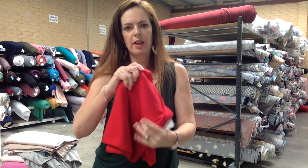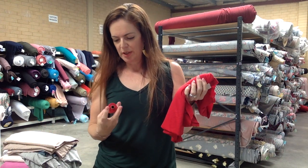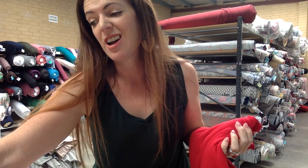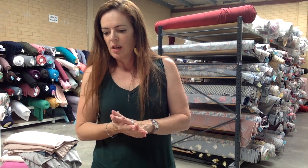Okay, red. We went all out on the name for this one, and we just called it red. Gets a bit much trying to find names for them all sometimes. Trying to find something different. 2054. So this time we have stuck with the supplier's names as much as we can, which we haven't for